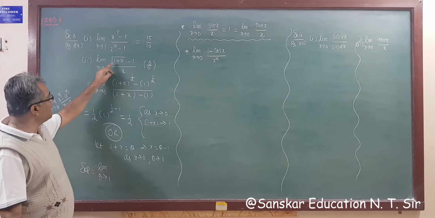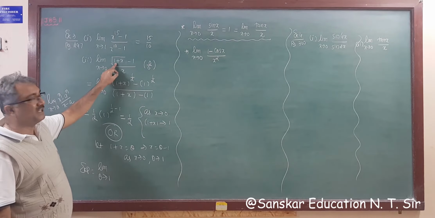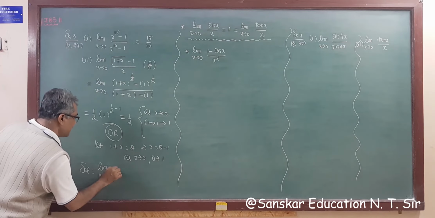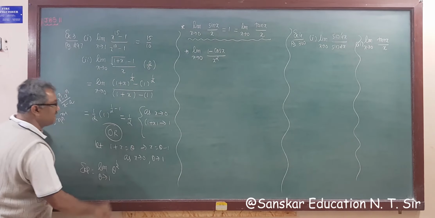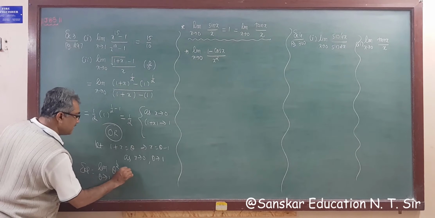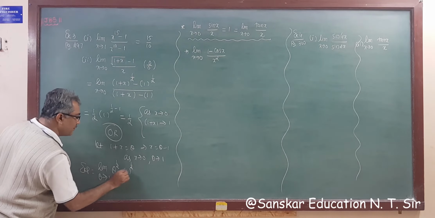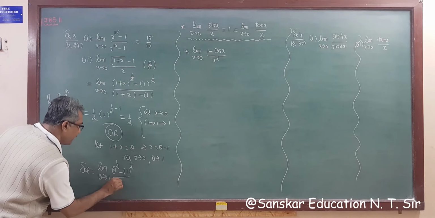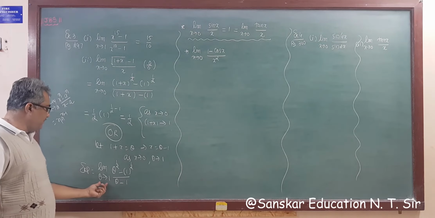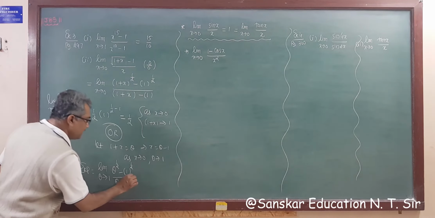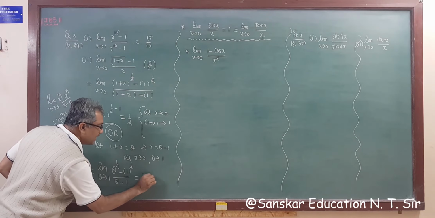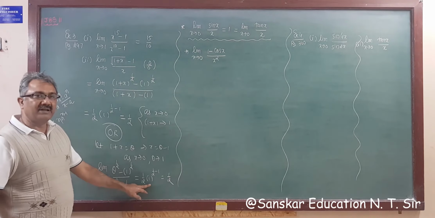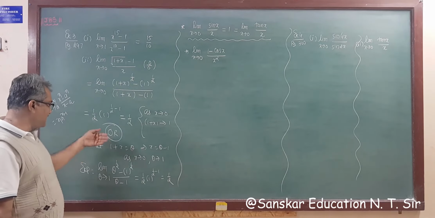So the answer of this: 1 plus x is theta. Theta raised to root theta, that is theta raised to half. So the answer is theta raised to half minus 1, that is, I am writing 1 upon 2, whole upon x. x is theta minus 1. Now check your formula, right? So what is your answer? 1 upon 2, 1 raised to 1 upon 2 minus 1, that is 1 upon 2. As 1 has any power, the answer is always 1. So this is the second method.